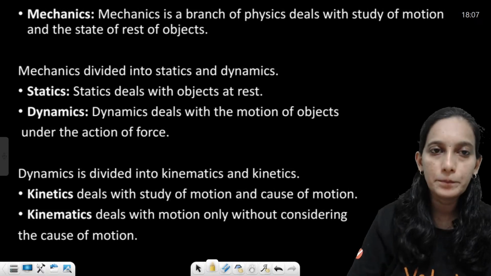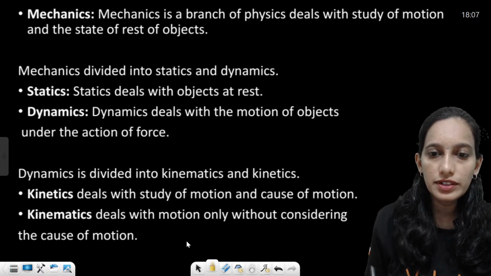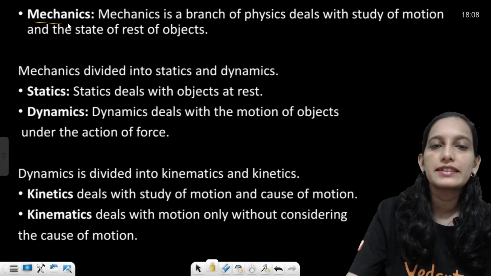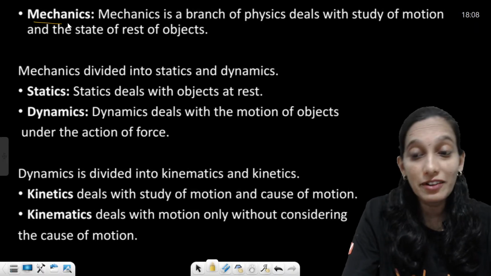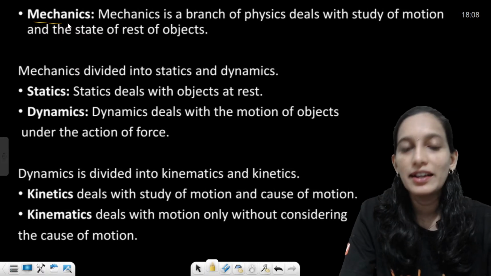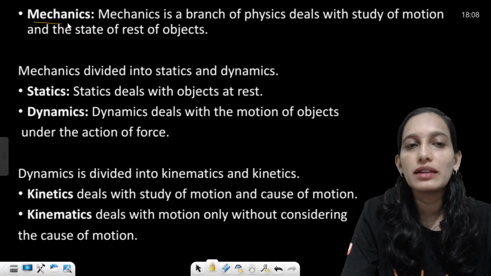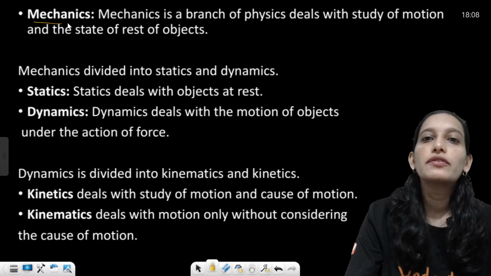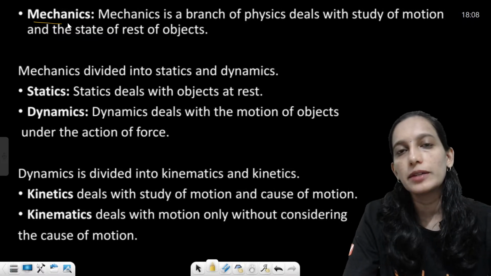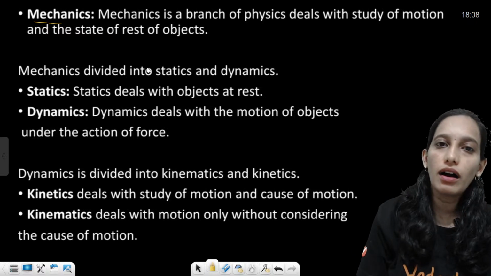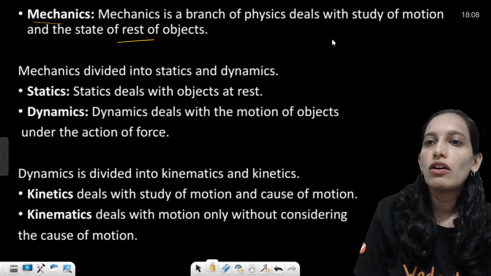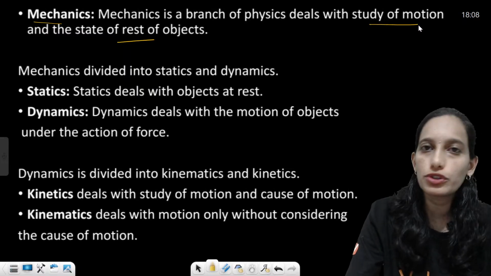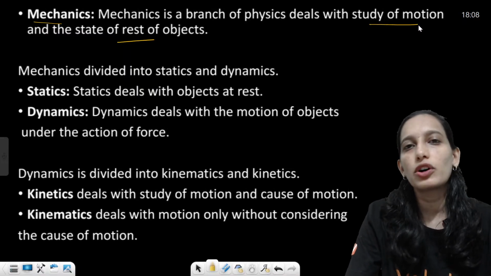Okay, yeah. So the first concept is, what is mechanics? Most of the time I might have already used the word mechanics, maybe in units and measurement as well. So what do you mean by mechanics? So here mechanics means we are going to deal with the objects which are maybe at rest or maybe under some type of motion. It may be uniform motion, non-uniform motion. Let us not bother about it right now.